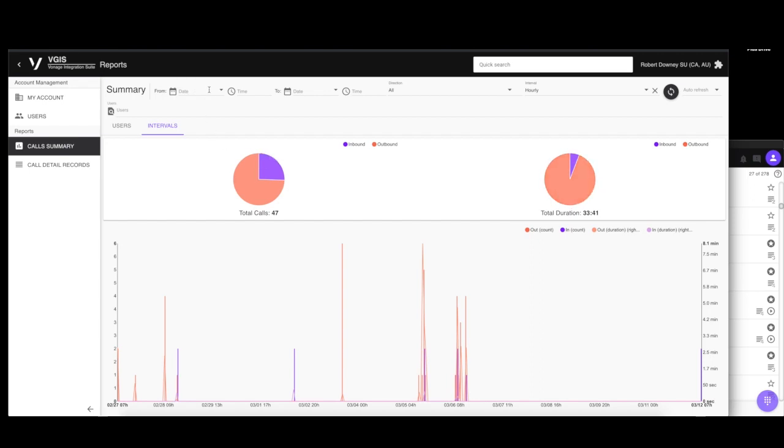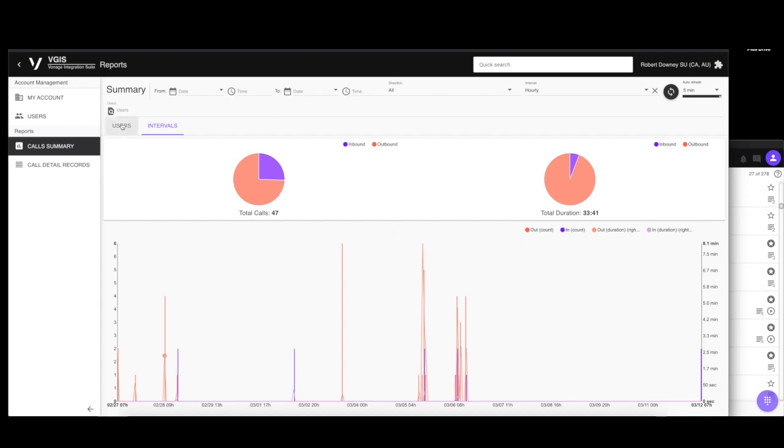This period of time can be modified from the summary across the top by direction, time and date, interval. I can even set auto refresh. So if I want to use this as a wallboard for my call center, I can do that. More importantly, this gives you intervals where you can more accurately use this to forecast your staffing in your call center. So you can see when you're having more call activity, what times of day, things of that nature.